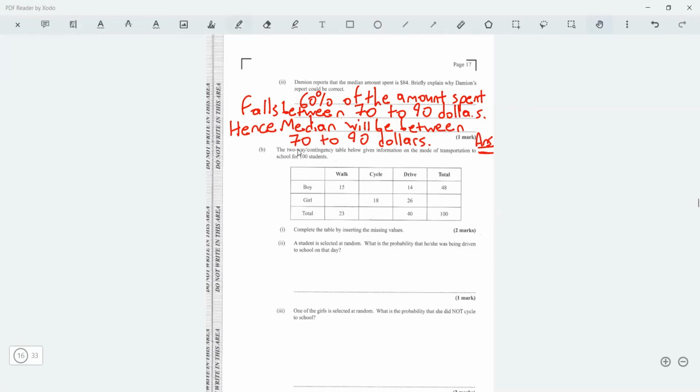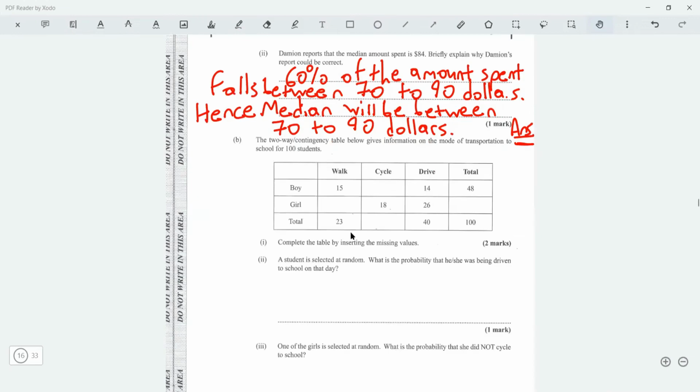Okay, let's go back to the question right here. The next part B says, complete the table by inserting the missing values. It shows the two-way contingency table for the information of the mode of transportation of 100 students. If there are 100 students and 48 are boys, then there must be 52 girls. And if there are 52 girls and this is 18 and this is 26, we can easily complete